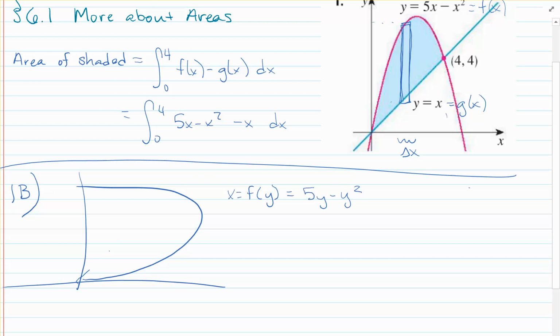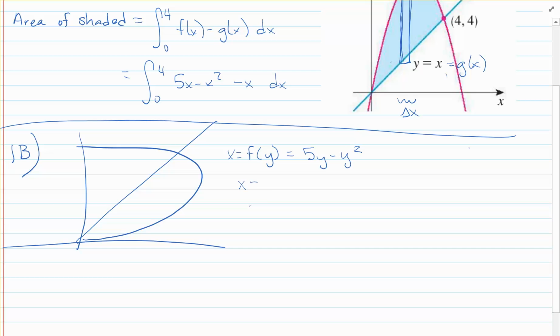And then the other function, instead of y equals x, I have x equals y. And this is g of y, so that one's called f and one's called g still. And if you think about this, it's just the same picture, but on its side, if I want to find the area between the two curves again, this blue shaded area,